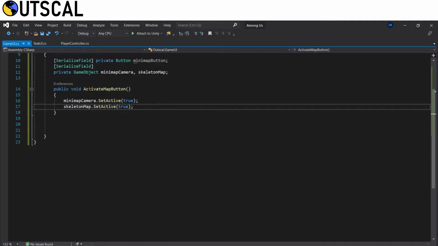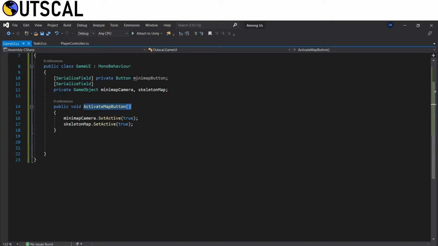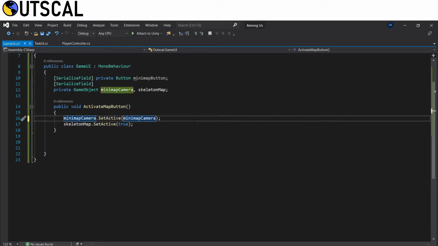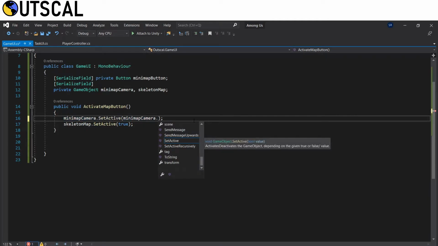Okay, so now in this activate map button, we have activated our minimap camera as well as skeleton map, but we want to make sure that with the same button we can activate or deactivate our minimap. So for that, let's say whenever our minimap camera is active, we want to deactivate it, right? So in Unity we have one way to detect whether the game object is active in the scene or not, and what we can do is we can just call our minimap camera and click on dot and look for active in